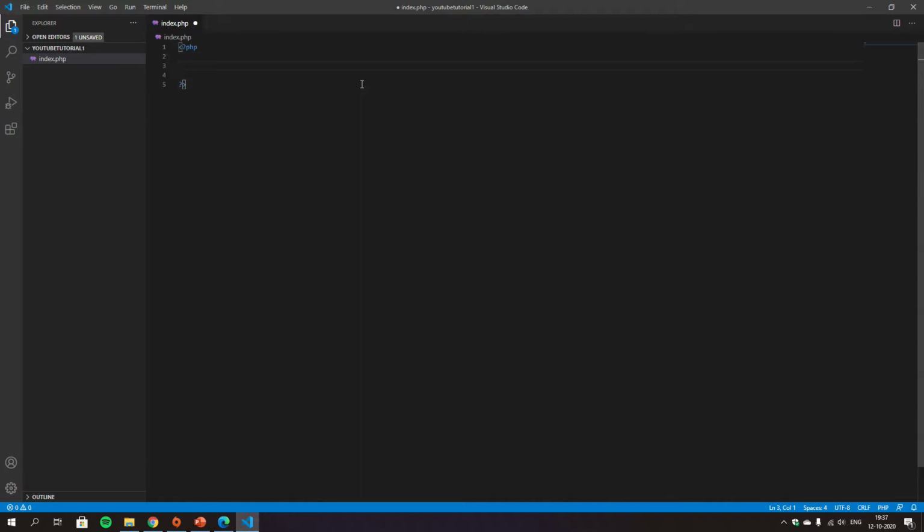Today I am going to show you how you can display any string or anything in PHP. To display anything, we have to write the keyword echo, and then double inverted commas, and then you can write any string like hello world, then a semicolon. Then go to File and then Save.